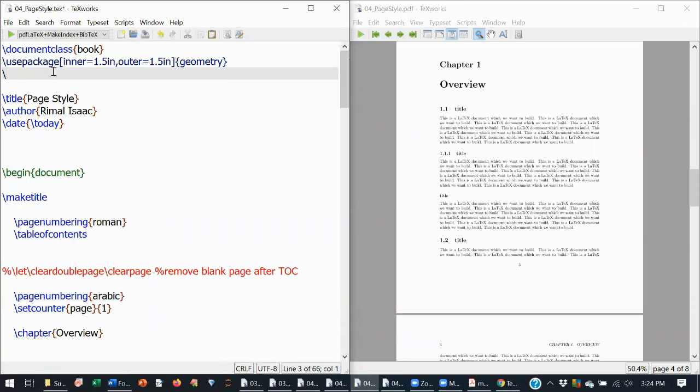So for changing this, you need to use a package known as fancyhdr. There are numerous packages available in LaTeX for setting page numbers.